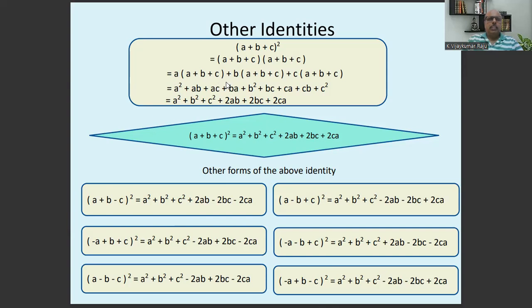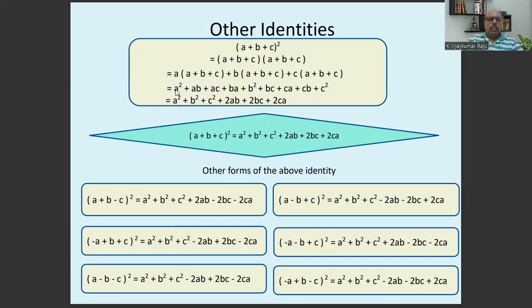Second bracket plus sign is there, put a plus sign. B into A is BA, B into B is B square, B into C is BC. Again plus sign. C into A is CA, C into B is CB, C into C is C square. So let us write first the